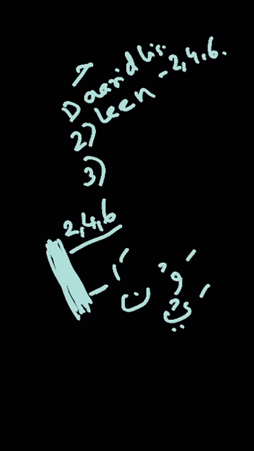And the third one is Maddul Lazim. Lazim, what does Lazim mean? Lazim means compulsory. So you need to remember this mad is compulsory. Since it's compulsory, you cannot shorten it. You have a compulsory lengthening. Now, what do you mean by Al-Maddul Lazim? You have an original sukoon. The one which we saw now was a presented sukoon. It was not an original sukoon. Like if you stop and have to do a sukoon, it was not originally a sukoon.